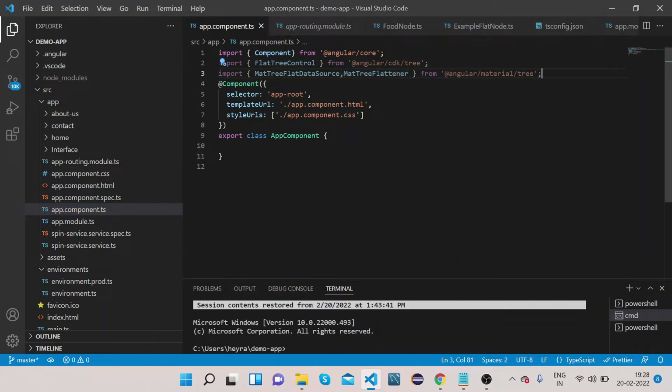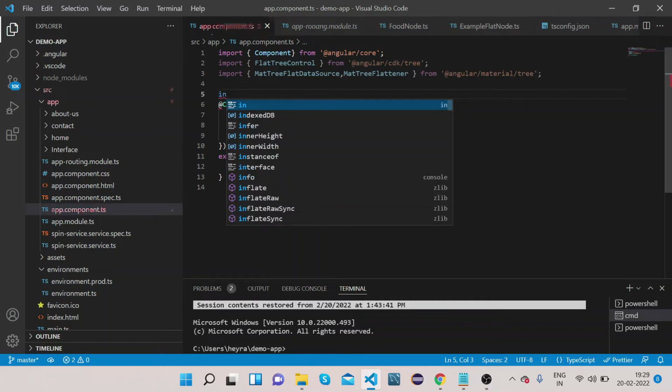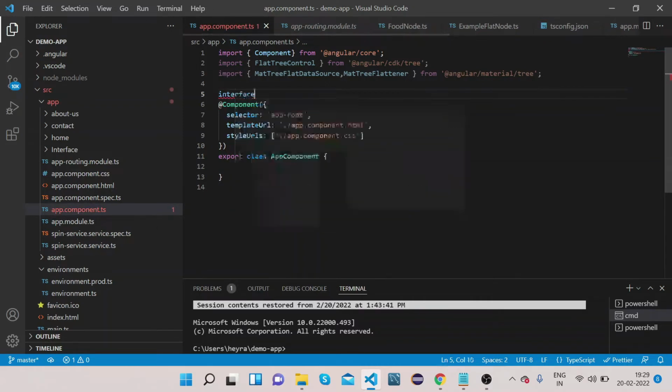Okay, so now we have imported all the modules that we need. First of all we need to create two interfaces. So let us create those interfaces. The first interface will be for node. Since we are dealing with food related data, we will name it as interface